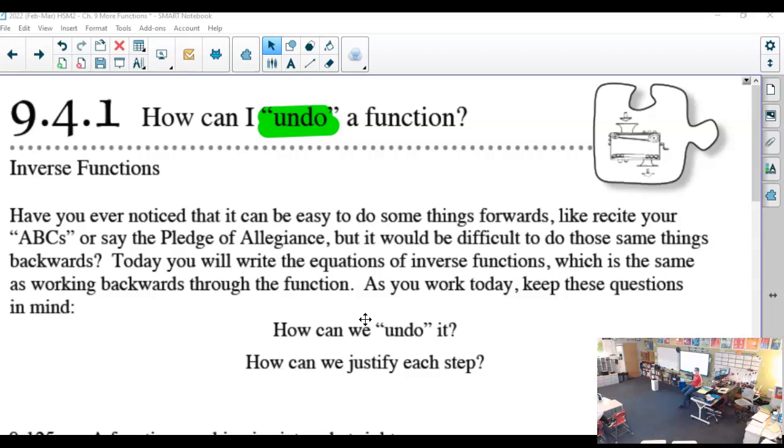So if I say multiplication, division. Thank you. I'm glad somebody's on the same page with me. If I say addition, subtraction. If I say square root, square. If I say cube root, to the third power. If I say 3x squared plus 5x minus 7, 3x, the square root of 1/3 x minus... Well, I don't remember the rest of the equation.